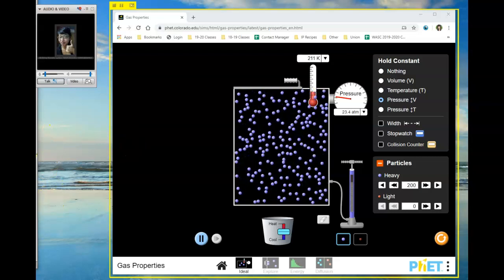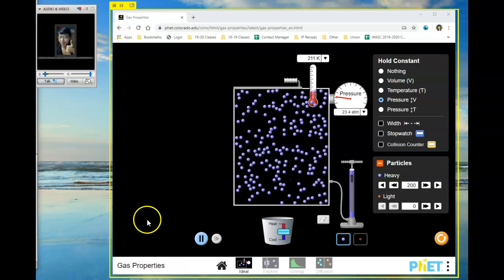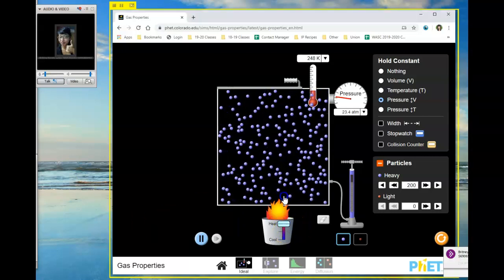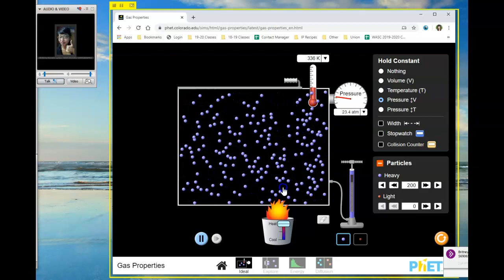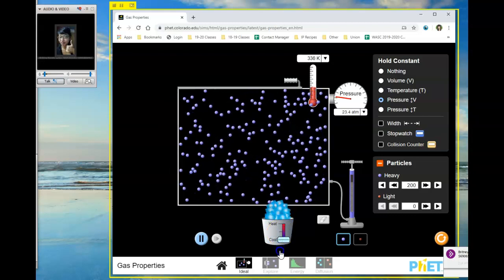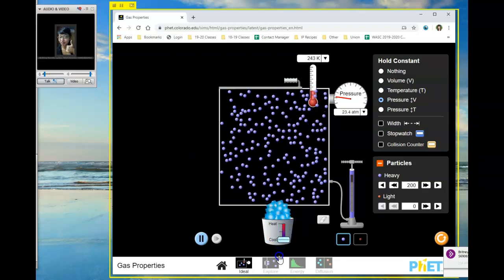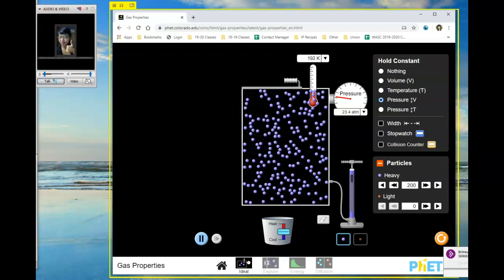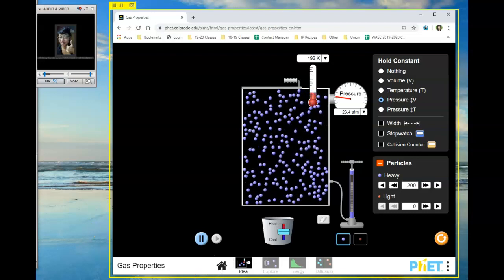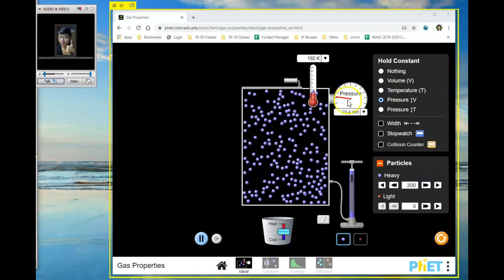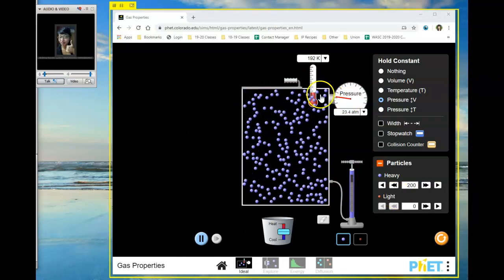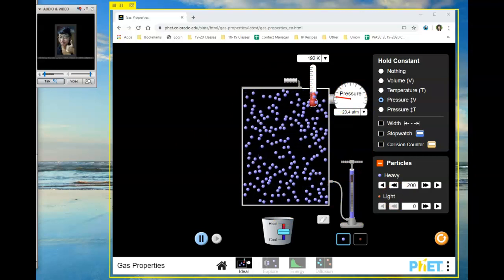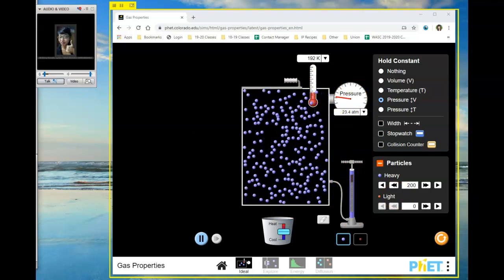Yes, the box got smaller. Exactly. So you can see as it gets hotter, the box gets bigger. And as it gets colder, the box gets smaller. All right, so go ahead and give me a thumbs up if that's making sense, what you're seeing in the demo here, okay? Because I wanted you to be able to see what's going on molecule-wise, but we're going to be able to see what happens big picture-wise today